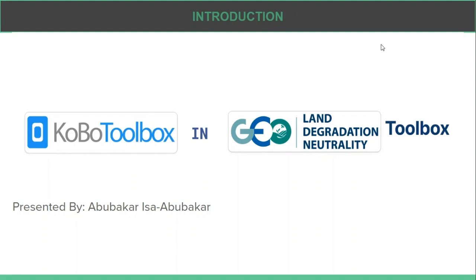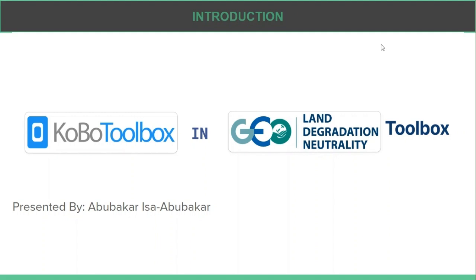The KoboToolbox is a really easy to use tool that could be used from your smartphone or smart devices for data collection purposes. I'll be talking about why the need for a digital data collection tool, especially in terms of assessing land degradation. As a data expert supporting the Nigeria GEO-LDN tool, I'd say the Kobo Toolbox